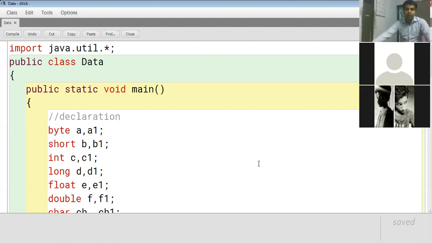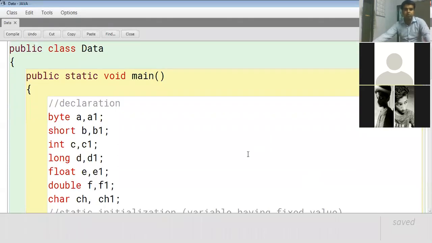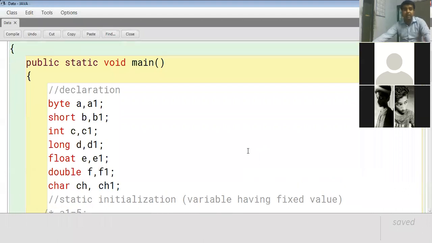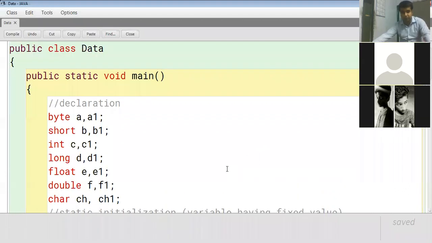There is another element of the Java token, which is termed punctuators. Punctuators means the operators, different kinds of symbols. Here the punctuators are nothing but the different kinds of brackets that we are using in the program.